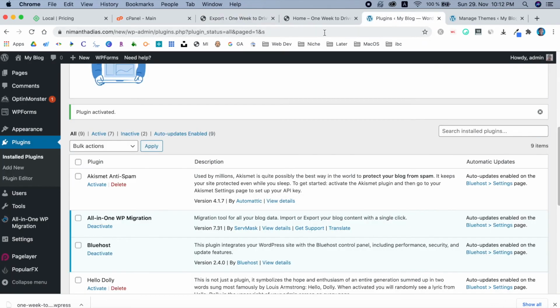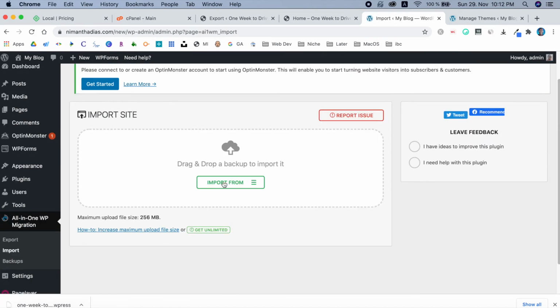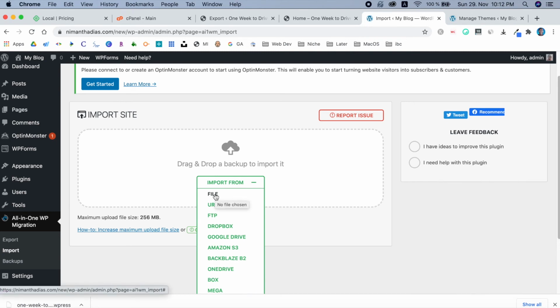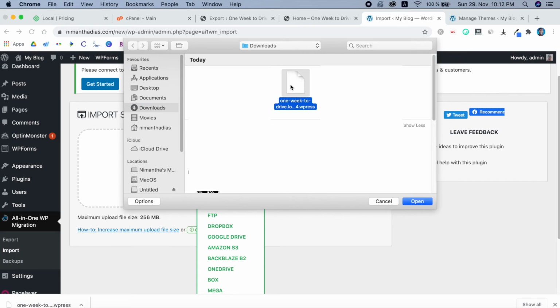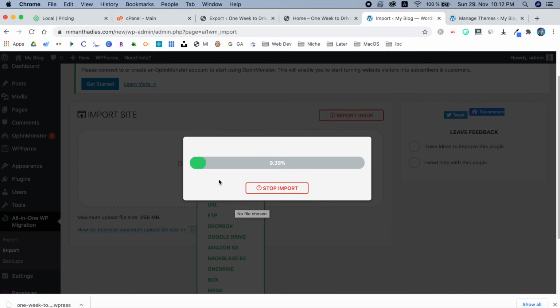And then go to our live version here and then import. Then you have to click import from file. So what we do is, we import that file, so this one, and then open. Okay, it doesn't take that long, so I will not cut this part. So you can see everything. Okay, so now it's uploading.